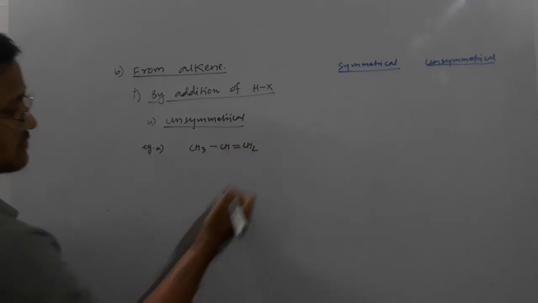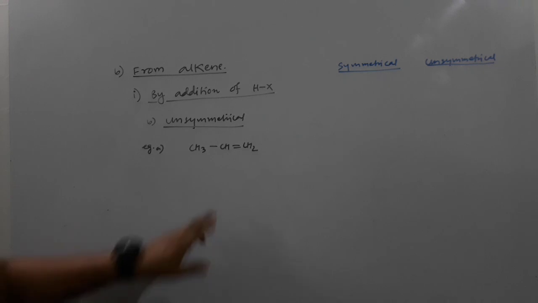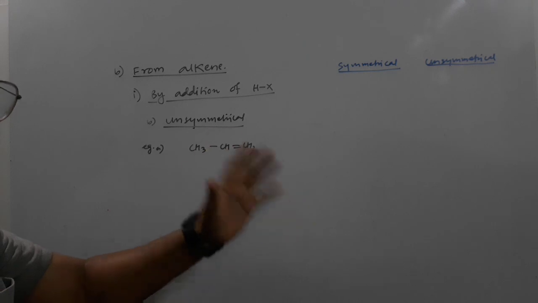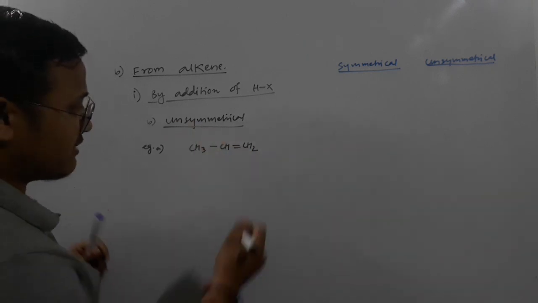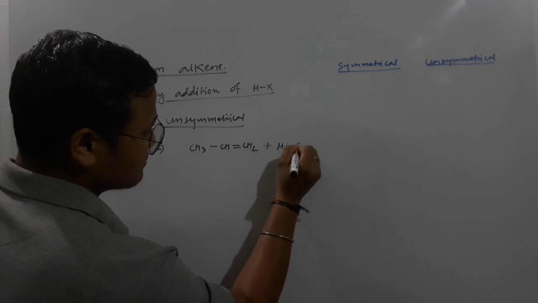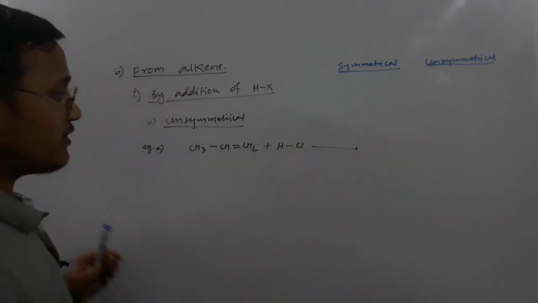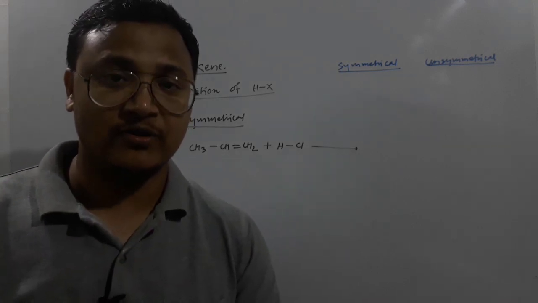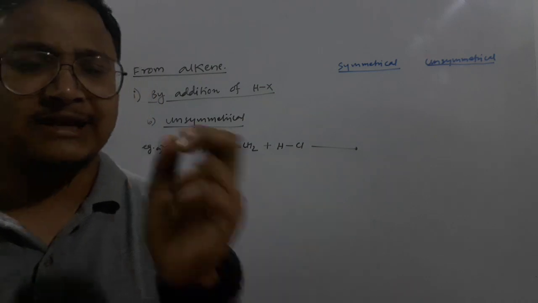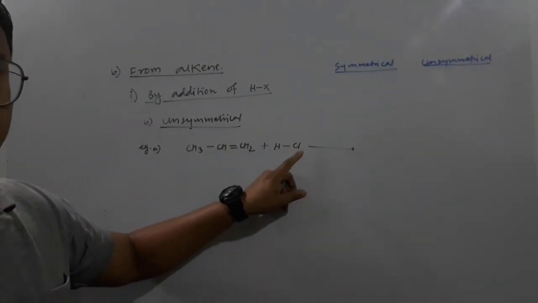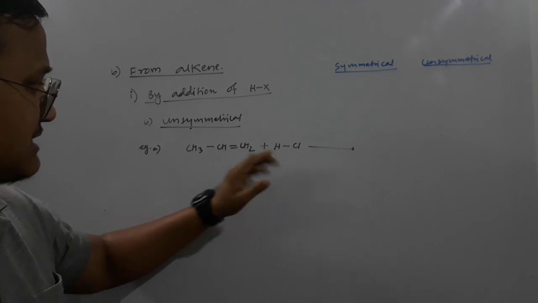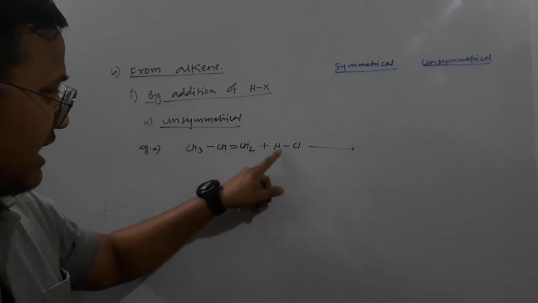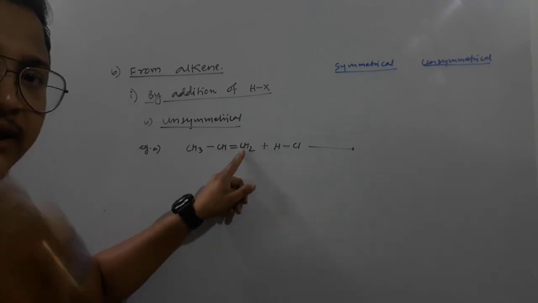Look, this is our unsymmetrical alkene. Here in this carbon there is one hydrogen in the CH3 group, but here two hydrogen, right? So they are not the same. So they are unsymmetrical alkene compounds. When we have an unsymmetrical alkene compound and I am supposed to add this, we follow Markovnikov's rule. Clear? According to Markovnikov's rule, the negative part, this halogen, will attach to that carbon of the double bond which contains the least number of hydrogen, and hydrogen will add to the carbon which contains the higher number of hydrogen.